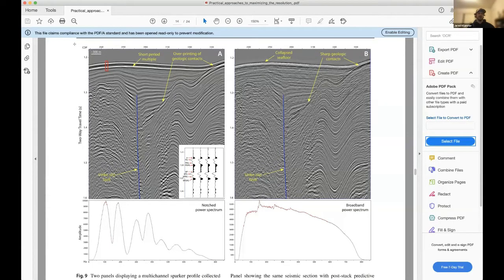And so we've got a system set up where we tow high frequency phones below it and use that in our processing. And we use Echos, we use Shearwater Reveal, and we also deal with 3D seismic data as well. So we have software packages that handle all this as well.